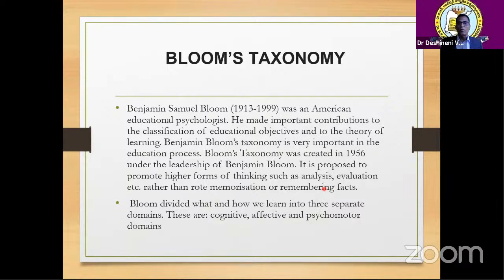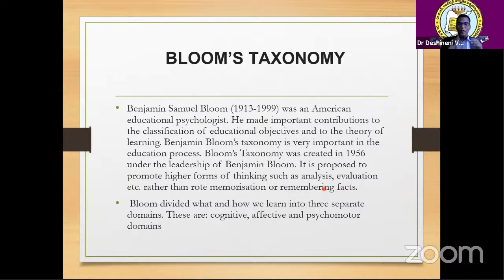Benjamin Bloom, full name Benjamin Samuel Bloom, was an American educational psychologist. He made important contributions to the classification of educational objectives and also to the theory of learning. So when it comes to theory of learning or classification of educational objectives, we have to remember Benjamin Bloom. Bloom's taxonomy is very important in our educational process. It was created in the year 1956 under the leadership of Benjamin Bloom. It is proposed to promote higher forms of thinking such as analysis, evaluation, etc., rather than rote memorization or remembering